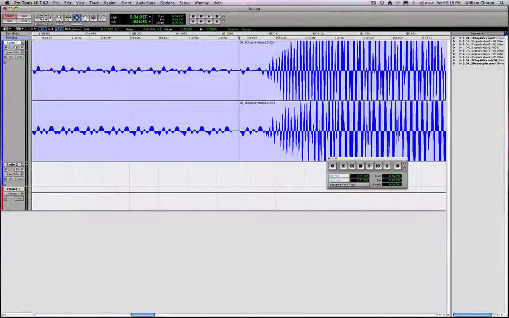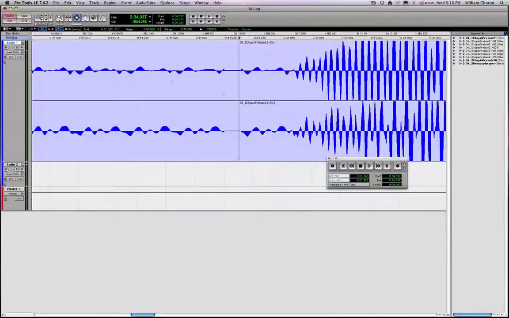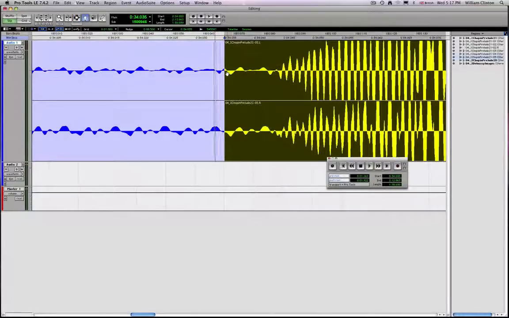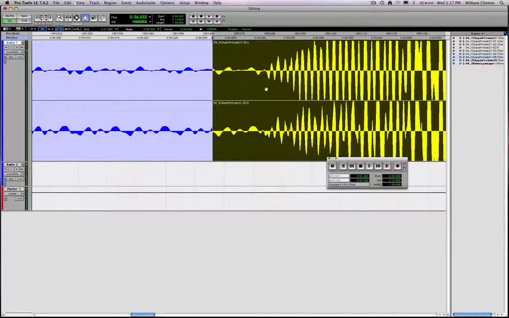But in fact, I'm not going to do that, because the purpose of this is to demonstrate how the crossfade can be useful. So I'm going to get rid of that bit of silence, and again, since we're in shuffle mode, that's fine. They kind of jump together. Go into slip mode now and select my grabber, make the small overlap that I wanted before. Now